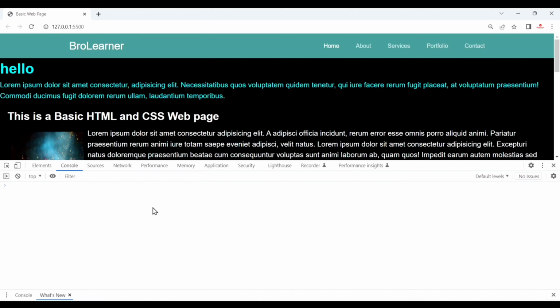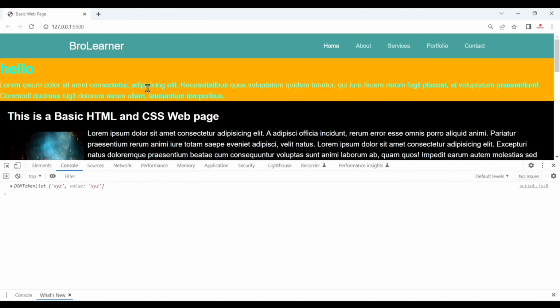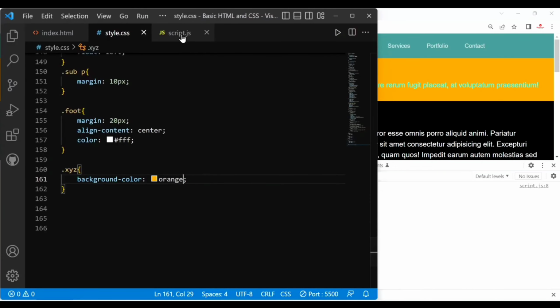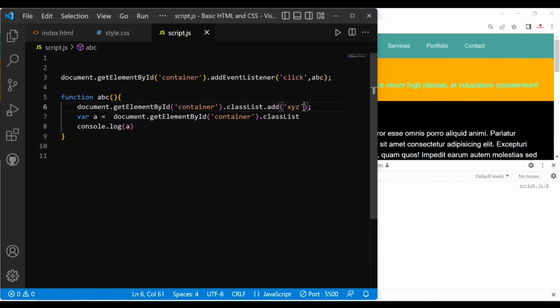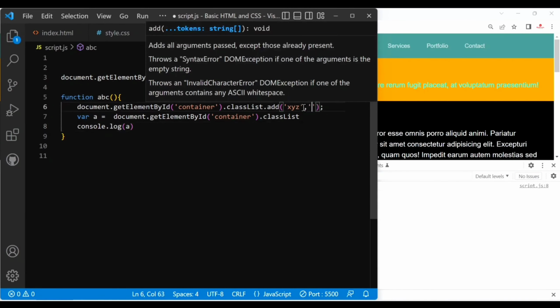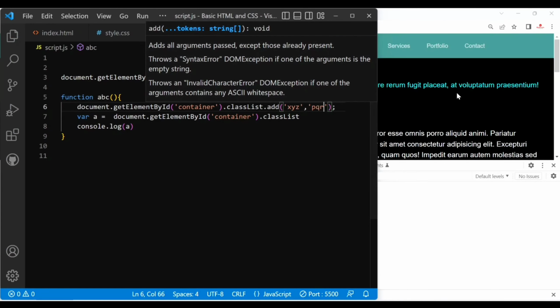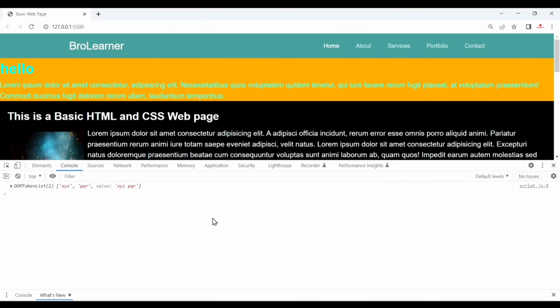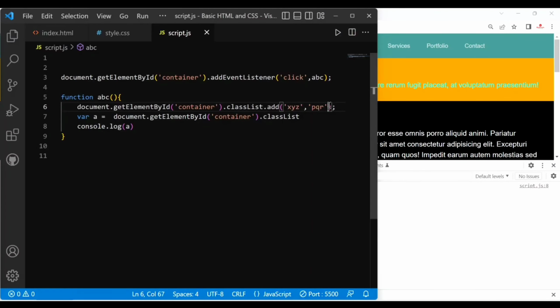Here you can see nothing has happened. When I click, this color is changed and this class is added. Now similarly we can add multiple classes by providing a comma separator. I can add pqr. Now let's save. When I click here, you can see two classes added, and even if we want to add more, we just use